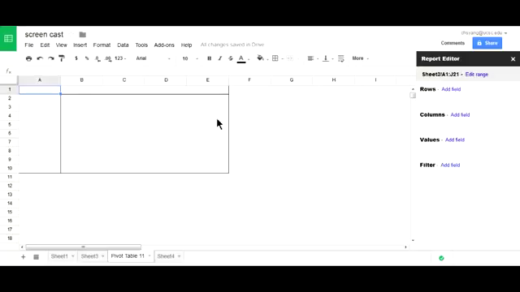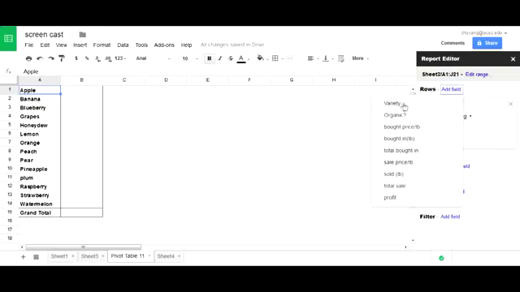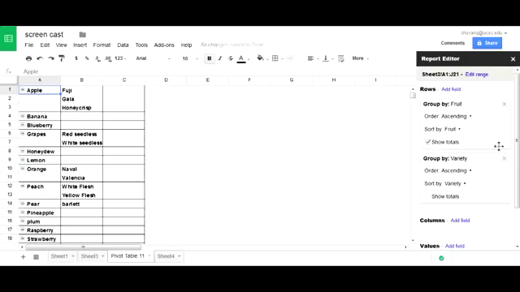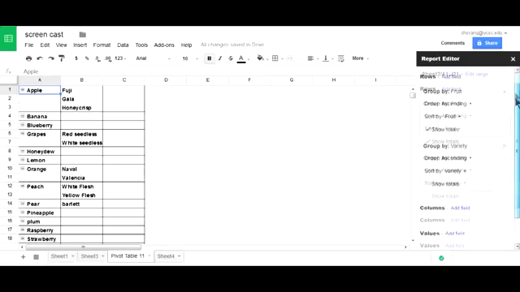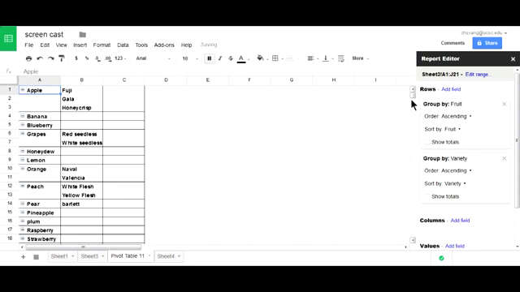For rows, let's go ahead and add fruits. And of course I did include the variety, and I want it to be shown on the table too. As you can see, it's showing the apple total, banana total, blueberry total and so on. It's making the table unclear. You can go ahead and unclick show totals in the report editor, and as you can see, it takes all that away. So now we're going to do the columns,